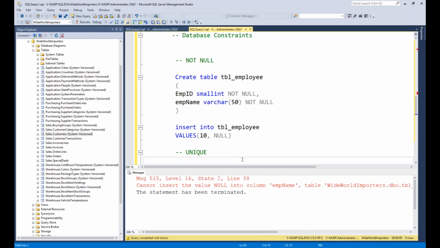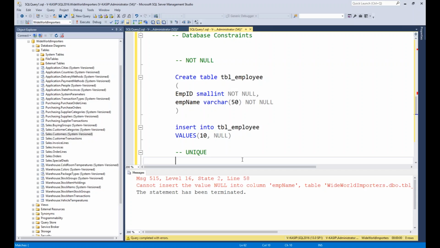Okay, unique constraints. A unique constraint means you're telling that, hey, I have given the employee ID. This employee ID belongs to only one employee. You can't give the same employee ID to more than one person. So each one should have unique values. That is the unique key.